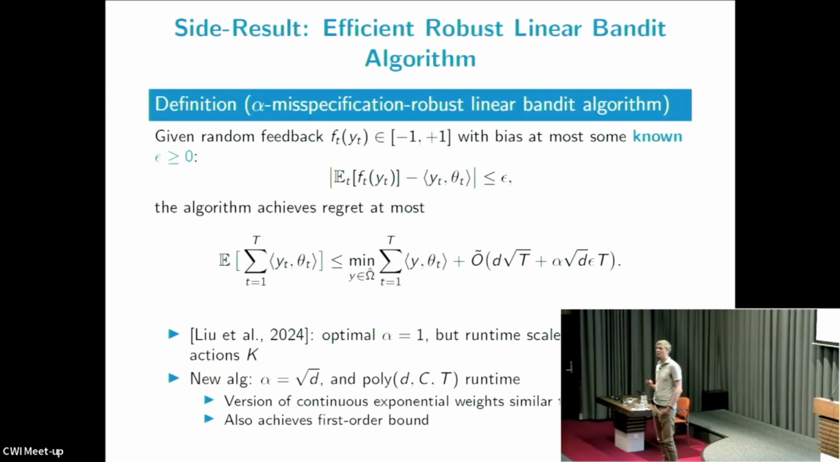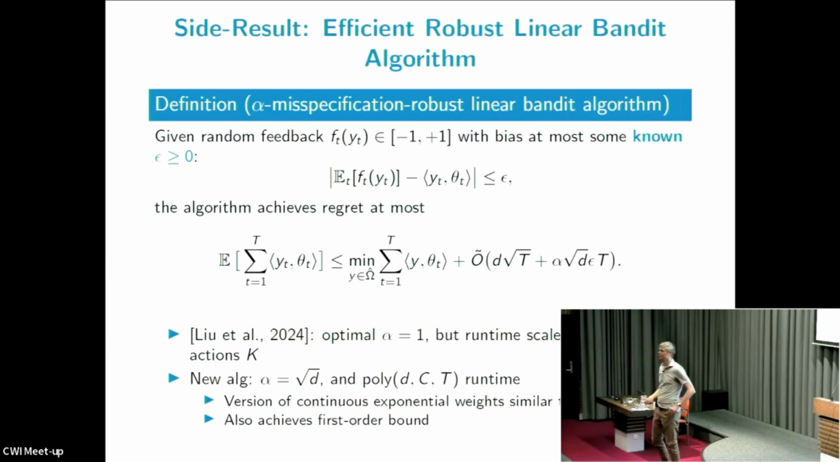But we didn't manage to get that with an efficient, polynomial time algorithm. So instead of alpha is 1, what we're going to have is alpha is square root of d. And the algorithm that we develop is some version of continuous exponential weights over omega hat, similar to work of Ito, where they also prove a first order bound. So because we're building on that, we can also have a bound in terms of L star instead of